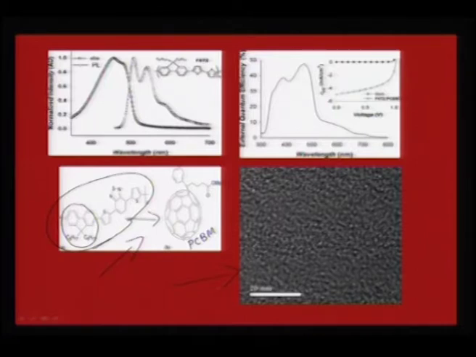You can see that you get a very continuous spread of an amorphous polymer film. What you can clearly see is the absorption and PL of the fluorene moiety, where the absorption is somewhere around 500, maximum at 500. But once you make the blend, you can see that it is actually blue shifted, which means it is shifted to higher energy. Therefore, this will become a very efficient blend